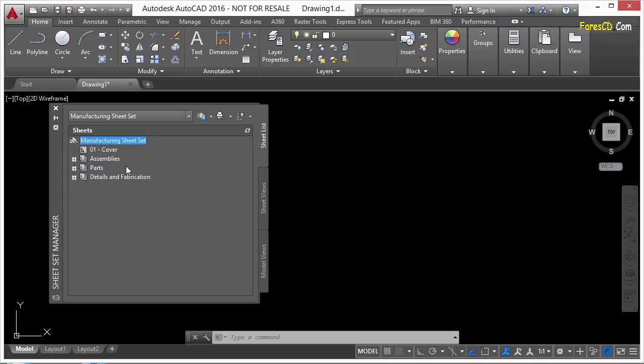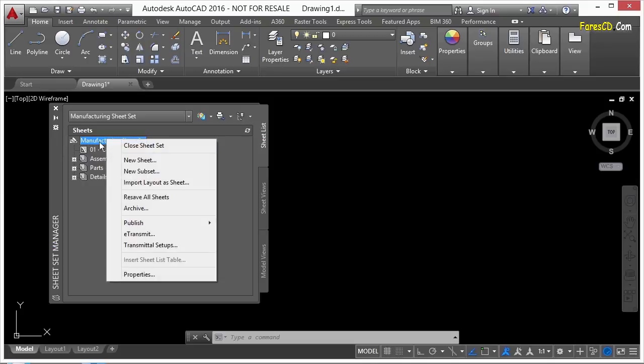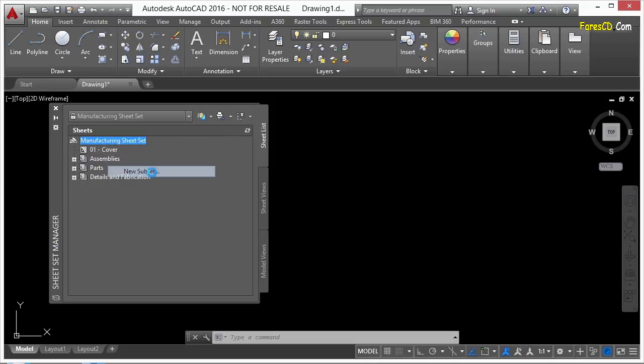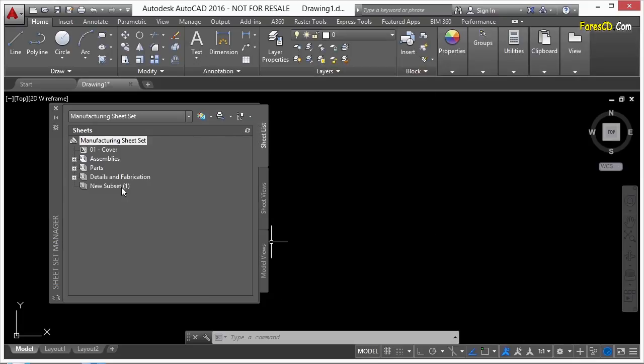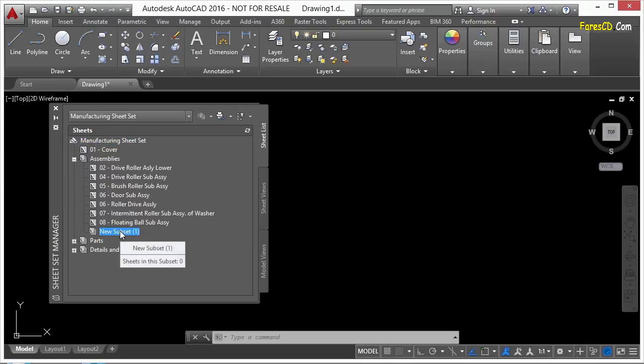Now, to create one, you just right-click on your main title here and click New Subset. You can give it a name. I'm just going to leave it as this, New Subset. Click OK. Usually it just shows up right at the bottom. Now, if you left-click and hold, you can reposition that subset. In fact, you can put a subset in a subset, and you can keep going on and on and on